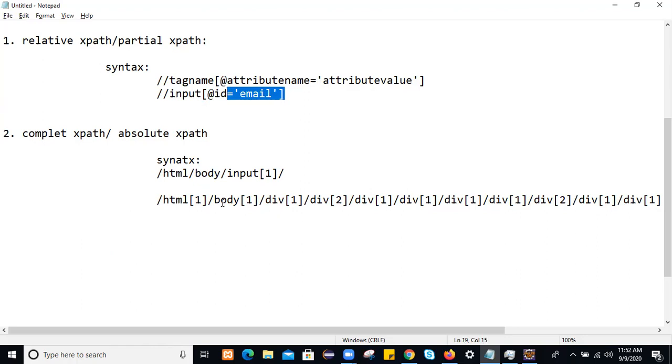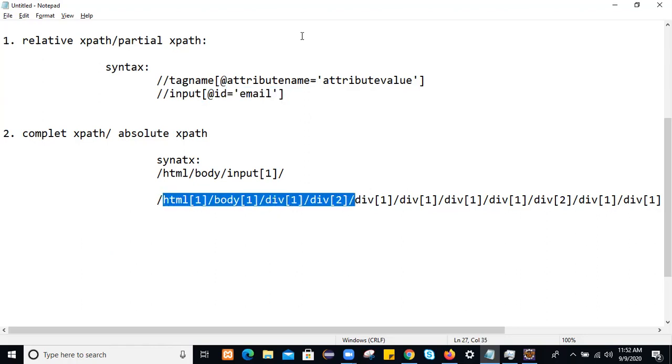Absolute XPath tries to find the web element from the complete hierarchy of the code. It goes through the complete HTML code. So this is the HTML page. For this HTML page, it will go from the root node and try to find that particular web element. Due to that, it unnecessarily increases the length of the code, and if the code is long, it's very complex to read. For readability, it's complex. So that is the drawback of absolute XPath.